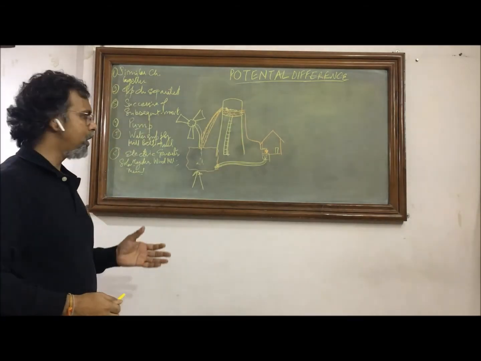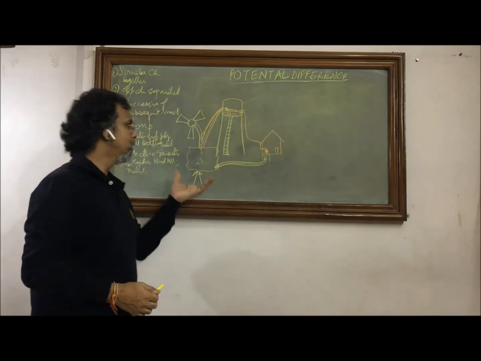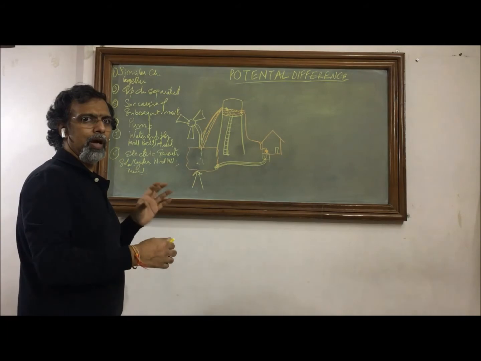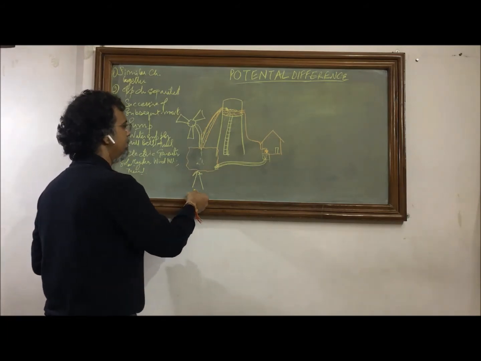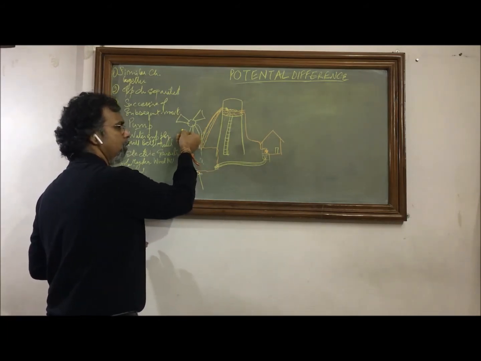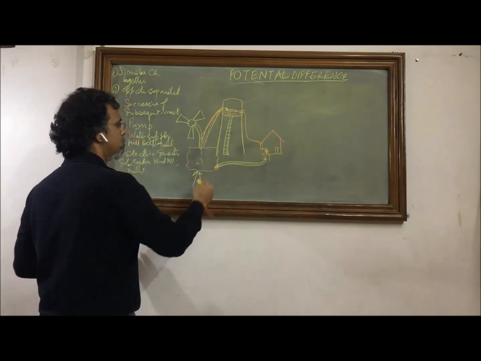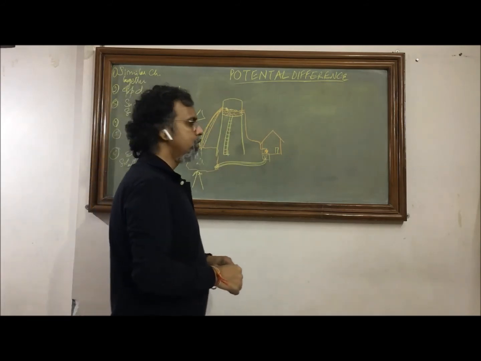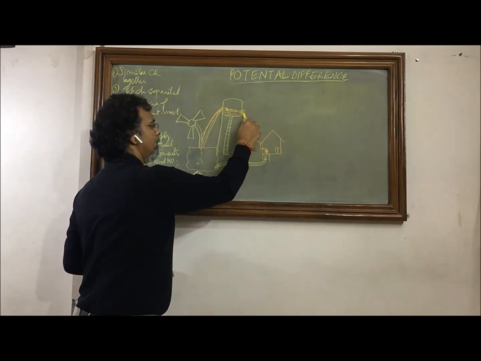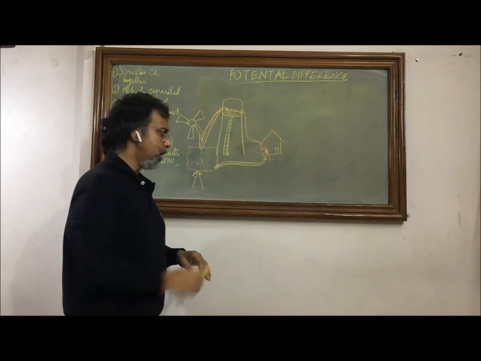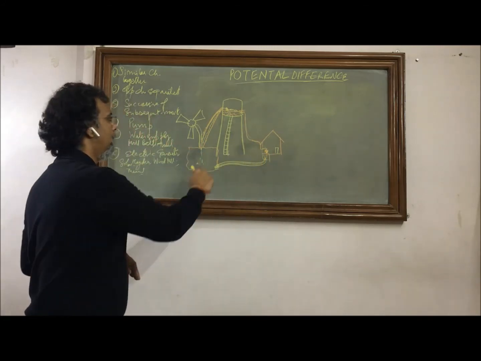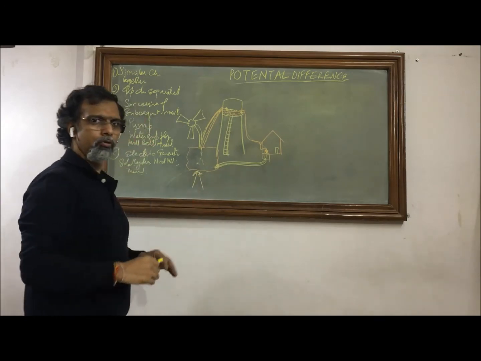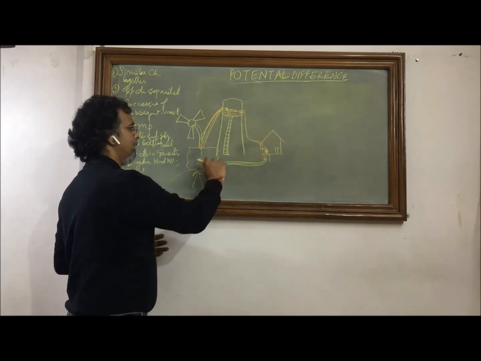So you may have different kinds of pumps. This is a kind of thermal pump, this will be a kind of windmill operated pump. So we may have different mechanisms, but the point is here the heat energy, here the wind energy or the mechanical energy of the wind is utilized to convert this water into a higher potential energy water. And now from here this water again comes back to this domestic supply, recycled back again, it is pumped up. You may have an electrical pump also, so there can be different mechanisms, but the idea is we have to raise it up.